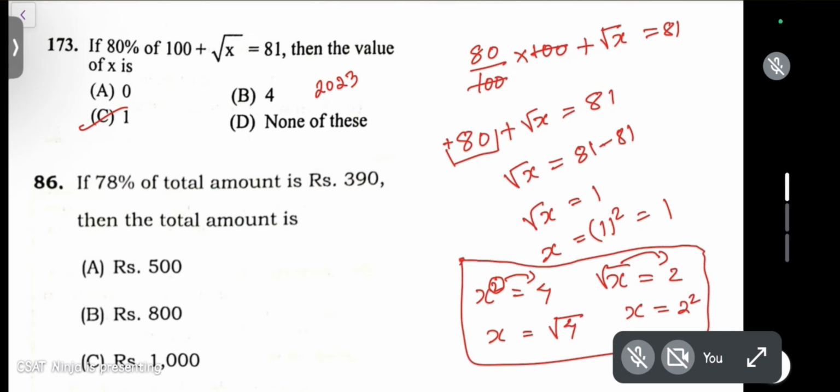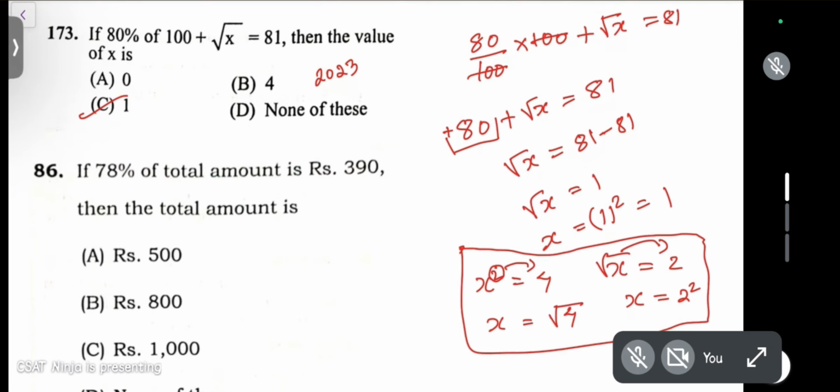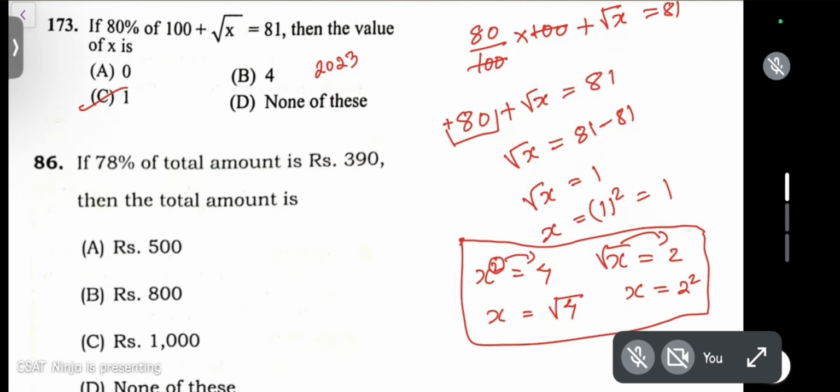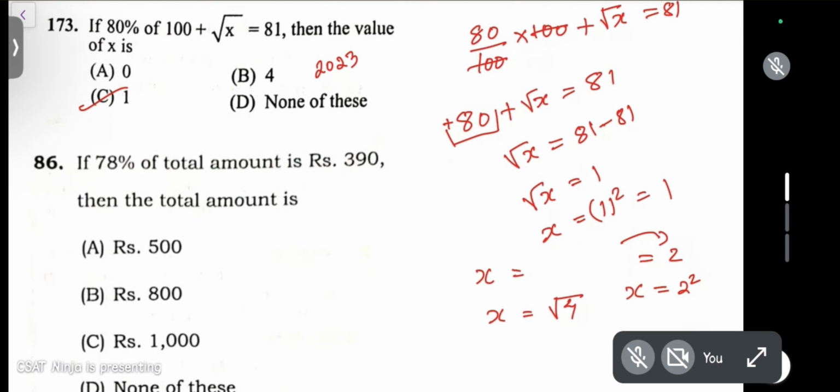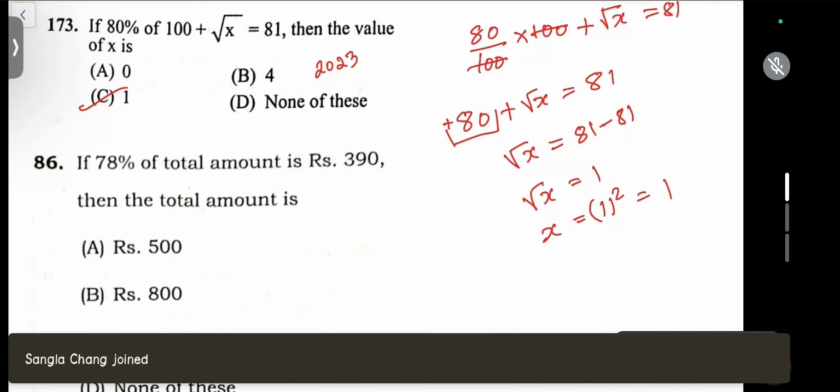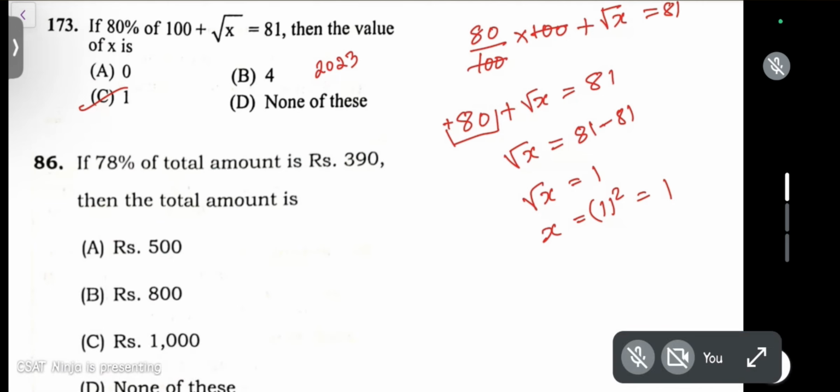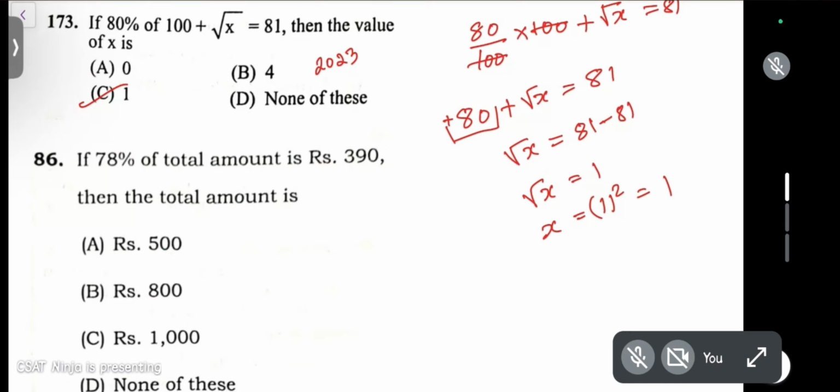This is a concept from surds and indices. I'll do that topic later. So that is from surds and indices. So let's try the next question here. The next question is from the same year, 2023 NSSB. If 78% of the total amount is this one, then the total amount is, okay. So the question is this: